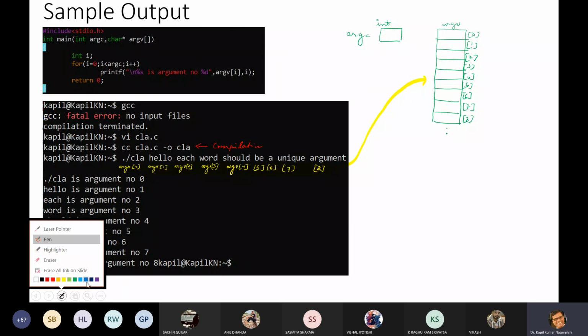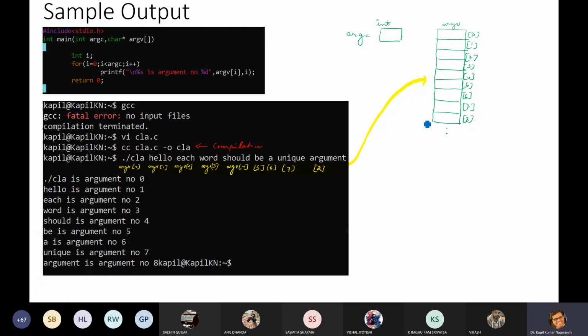In argv[0], it is your program name. I will clarify: this is your CLA followed by hello, then each, then word should be a unique